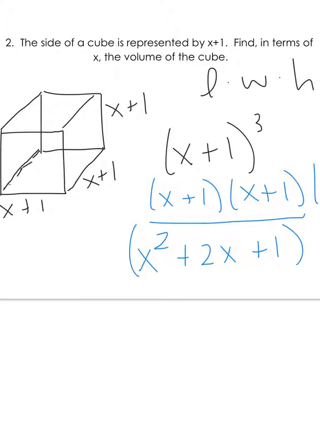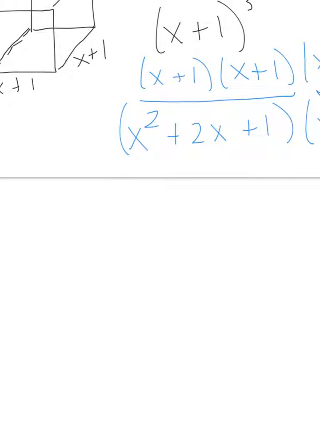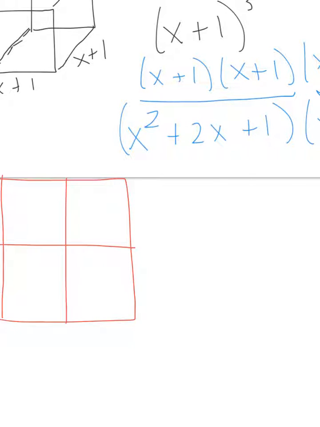So I get now a trinomial, but I still have to multiply that now by x plus 1. So I'm going to go ahead and use the box method here. I'm going to make a 2 by 3 here, like this, and that lines up nicely. And I have x plus 1, and here I have x squared plus 2x plus 1. And x times x squared is x cubed, 2x times x is 2x squared, 1 times x is x squared